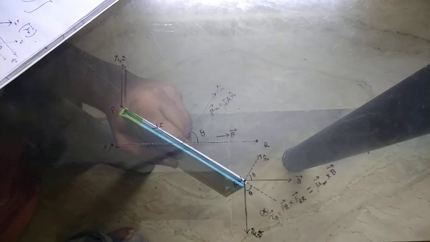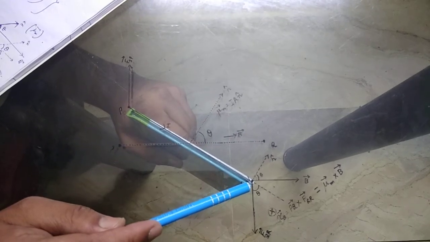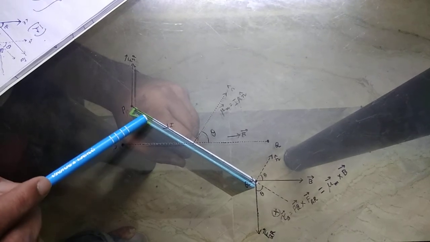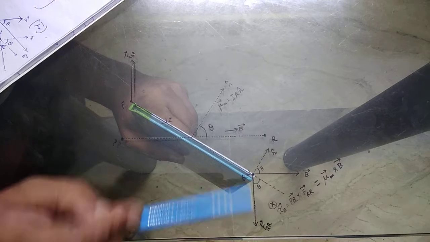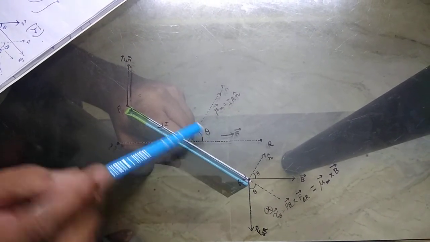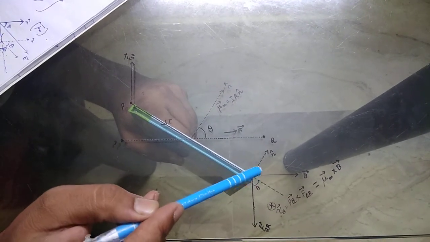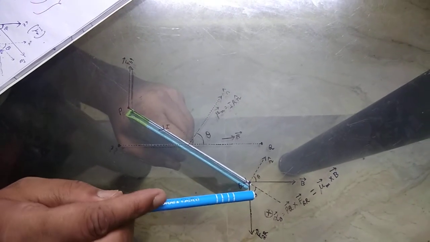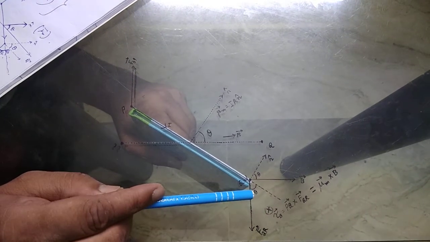And if we see the top view, you are seeing from the top. If I want to calculate the torque due to this couple, how will I calculate? Torque will be PQ vector cross FQR. You can see now FQR and PQ are making angle theta with each other. At this point the normal is n cap, and n cap is making angle theta with B, the magnetic field. So if this angle is theta, this angle will also be theta. So the angle between PQ vector and FQR vector is theta.